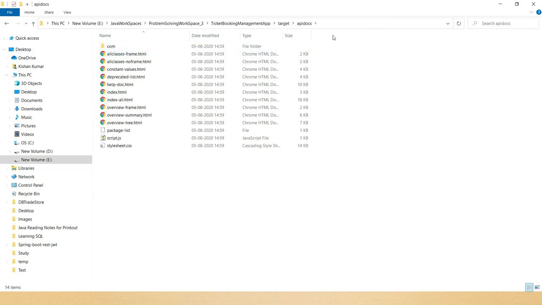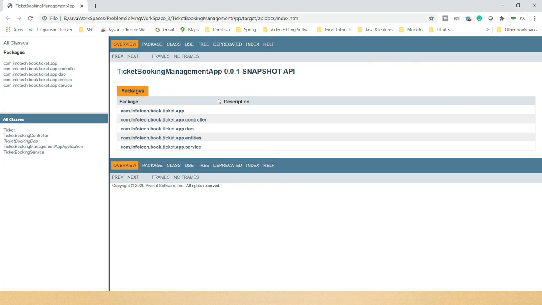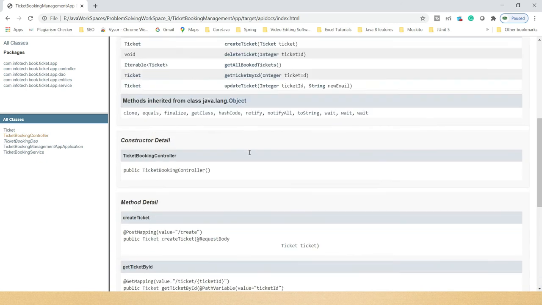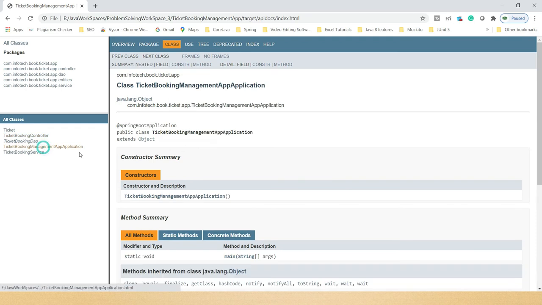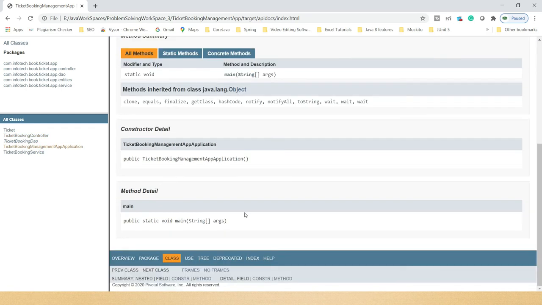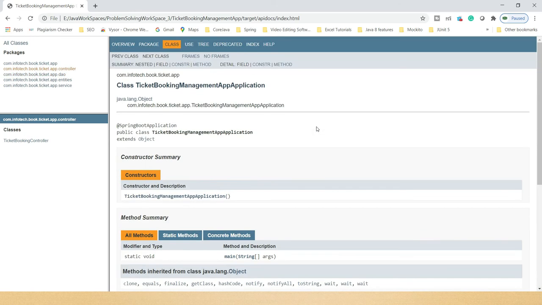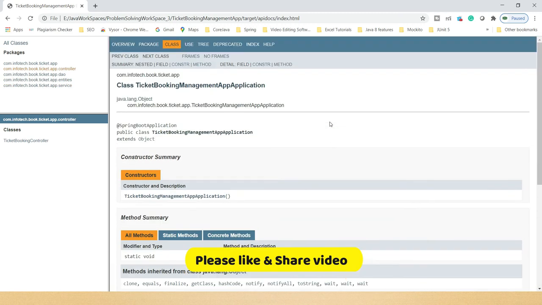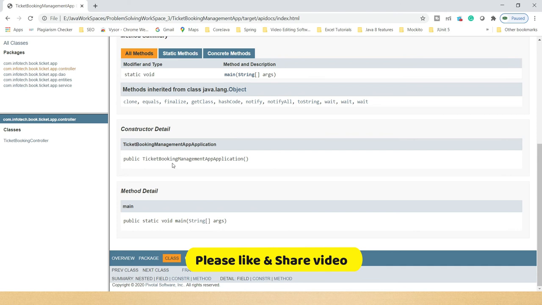If you go to that apidocs folder, which is inside the target, let's start with the index. So here you can navigate through all of these. You can see all the documentation has been generated as per the code that exists in our application, right? So all those things you can navigate from here to there. Every description you can see from here, right? So if you go to the service classes, we have a different API. If you go to the controller, then the controller has a different API.